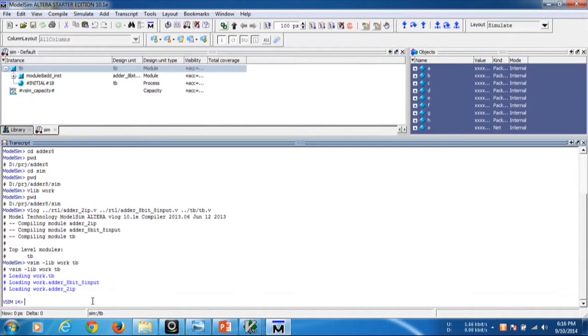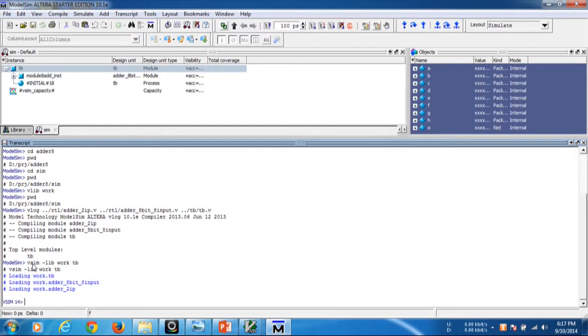The screen displays some processes and objects. Let me explain the vsim command once. The keyword for simulation is vsim, which means Verilog simulation.